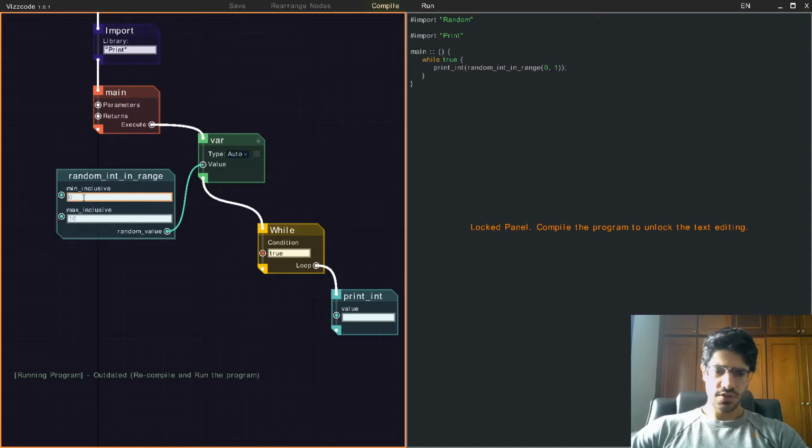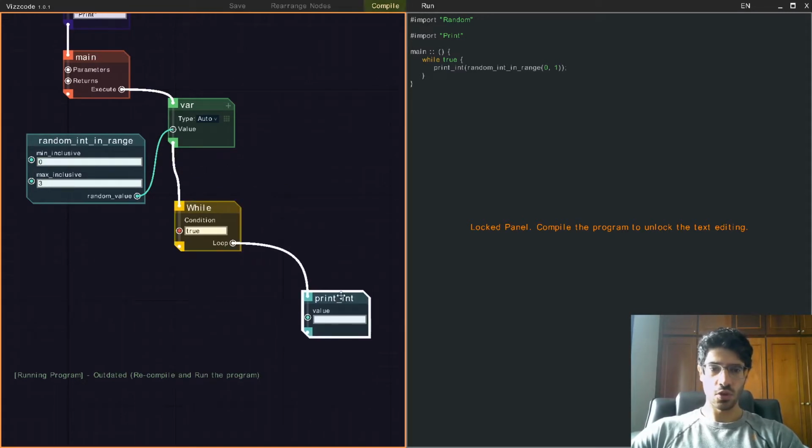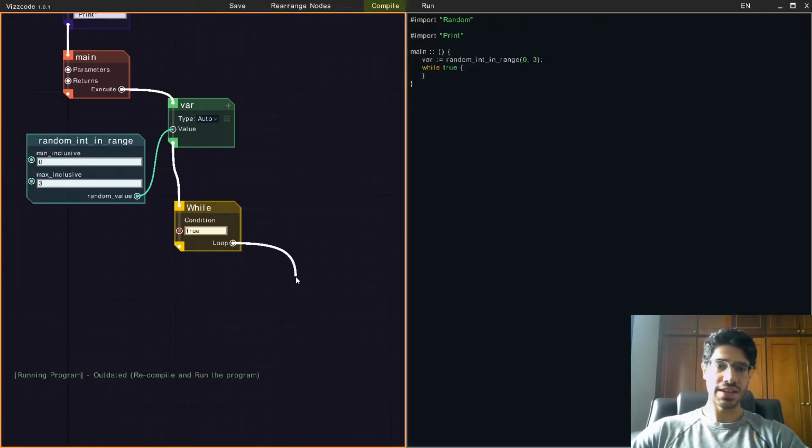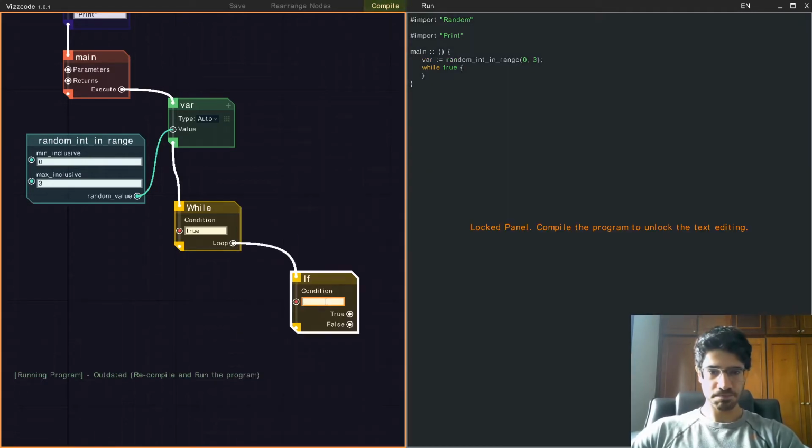Let's go from 0 to 3. Let's see how it's gonna look. So while the condition is true, we have to make an if statement. So if the number that we generated,